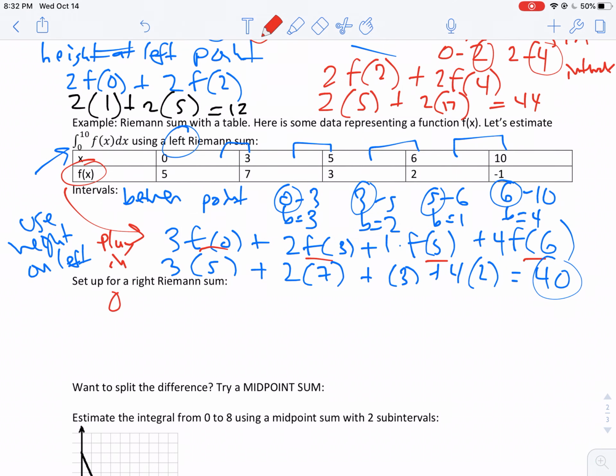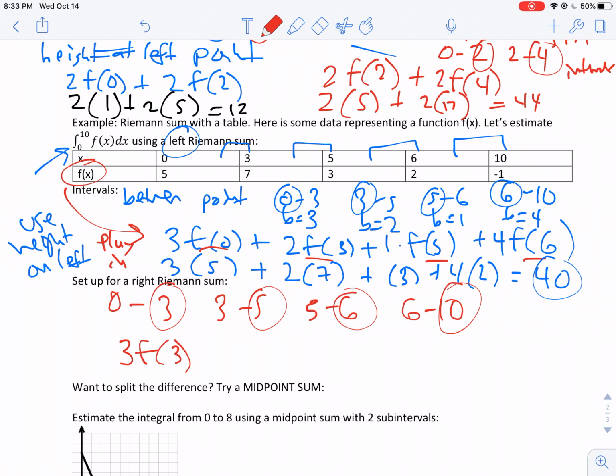Okay, so on the right Riemann sum, we have the same intervals and the same bases, of course, but now we're using the height on the right endpoint. Now, I'm not going to work this all out, but your setup should be like, okay, so I have 3 times f of 3, and then here I have a base and height,